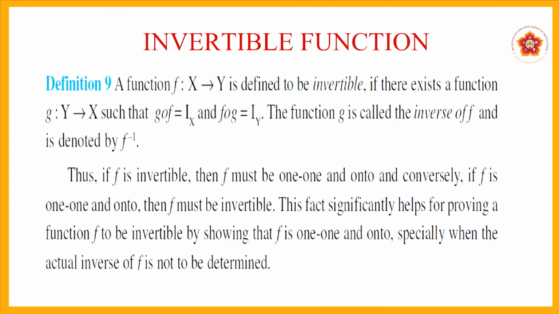Functions which are 1-1 and onto are called invertible functions, and only bijective functions are invertible. What do you mean by that? When it is 1-1 and onto, you can also find the reverse of that. Why? We can find the reverse for a simple reason: when we say it is 1-1, we are making sure that distinct elements of the first set have distinct images. We have taken care of that.